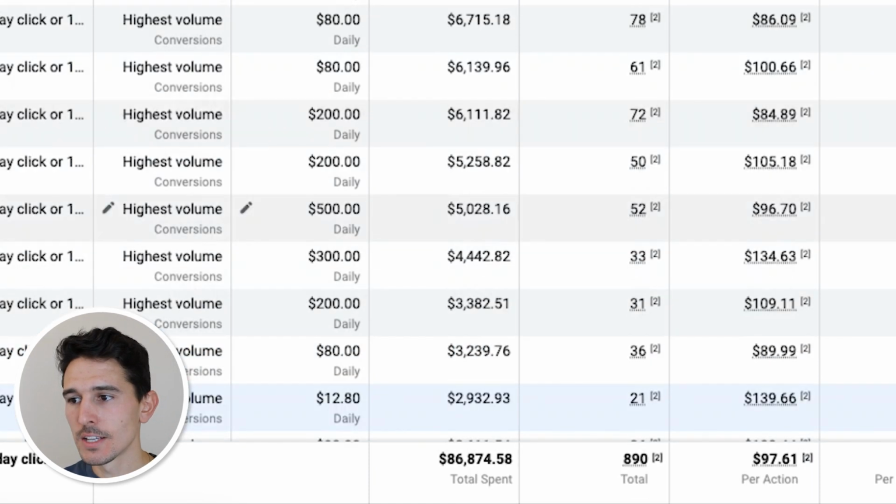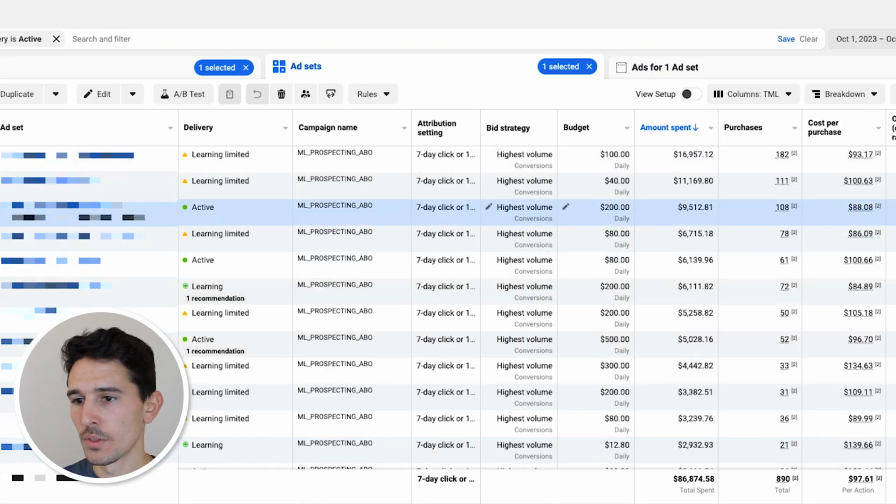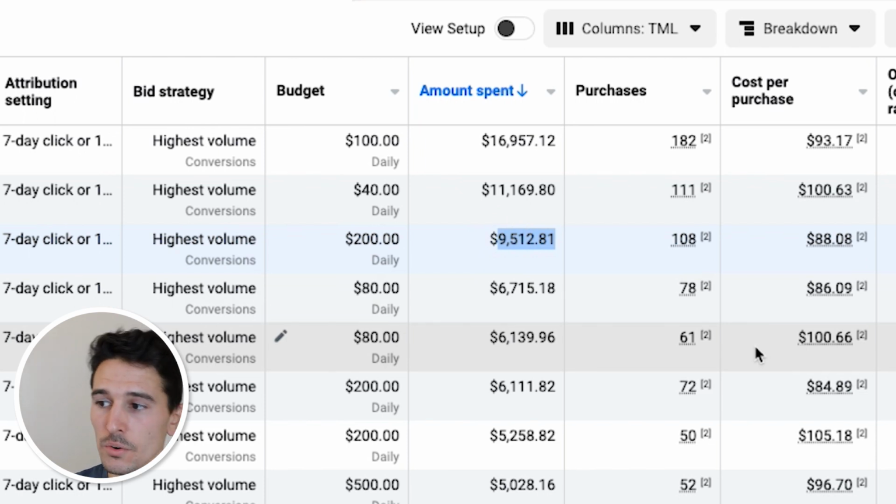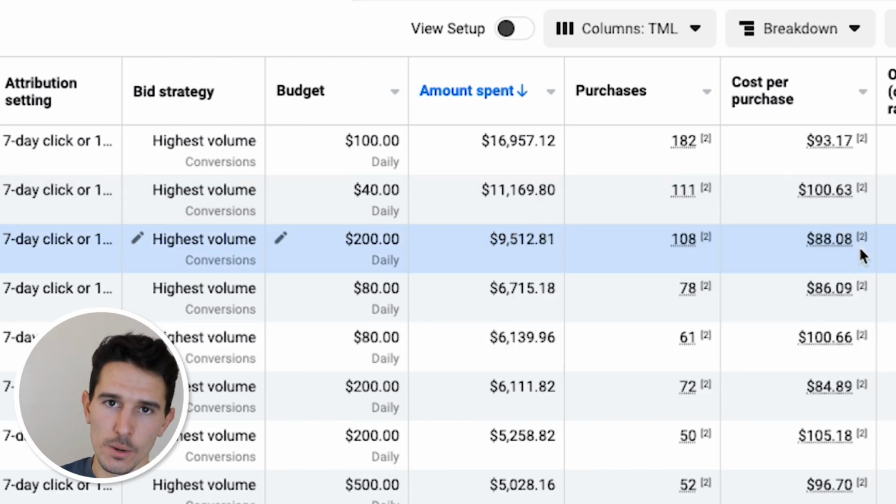And then what you'll see here is if we go to the top, take a look at this ad set I've highlighted. When it originally started with spending significantly less, we were actually able to scale it up substantially throughout the month. We spent $9,000 on this single audience alone, and it drove an $88 cost per acquisition for us. That ability for us to adjust budgets on the fly is so critically important because we can decide what creative gets spent, what audiences get spent, and then if we need to pull them back, we can pull them back